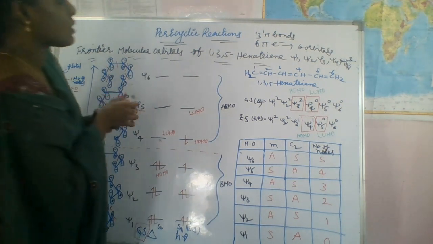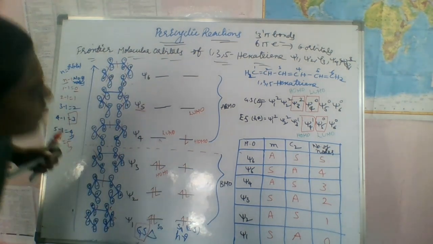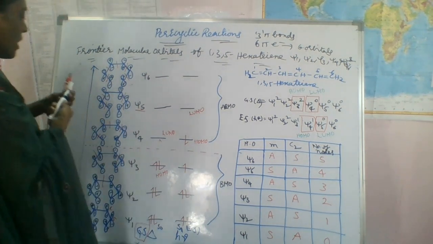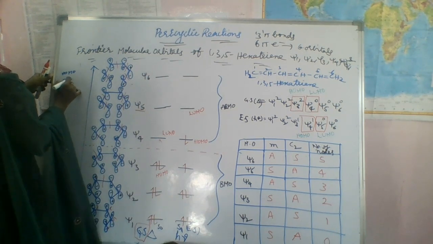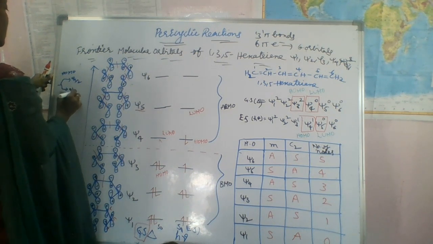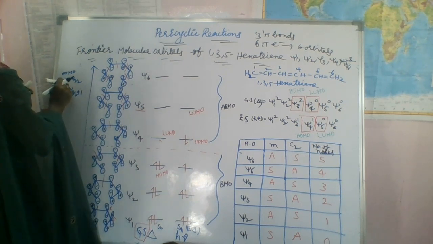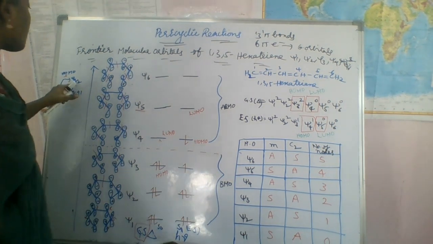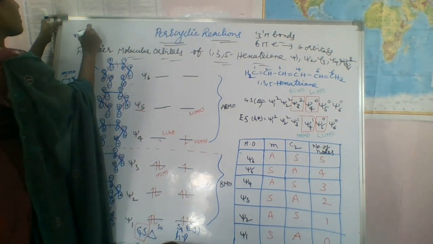I have already explained in the previous class how to calculate the HOMO and LUMO, right? If you see here, for HOMO, psi n by 2 and psi n by 2 plus 1. This is the delta, thermal condition, and this is the h nu condition, right? Here what about psi n? Psi n means how many orbitals are there. n is the number of orbitals, right?